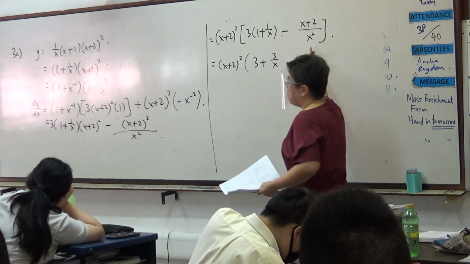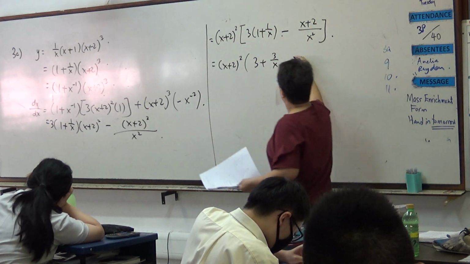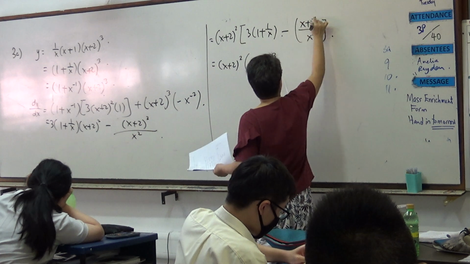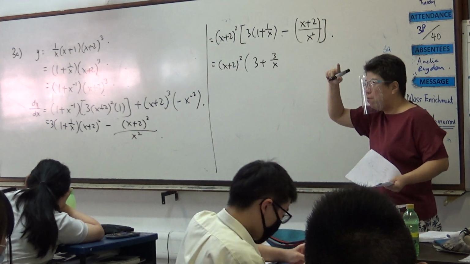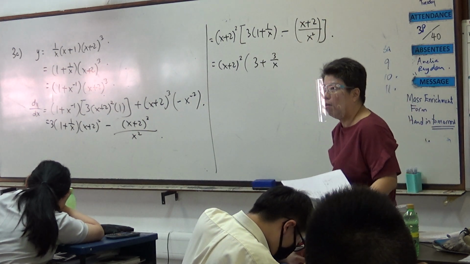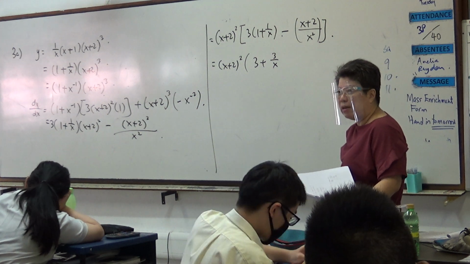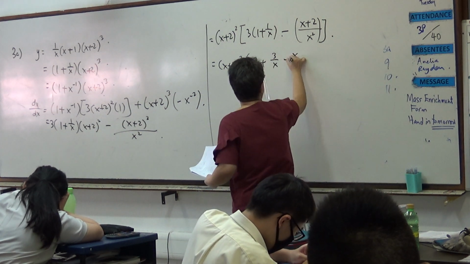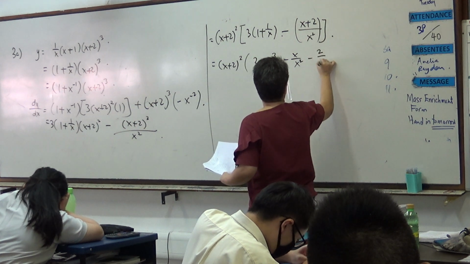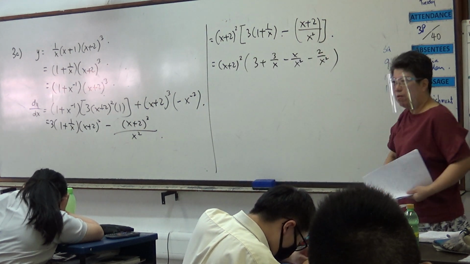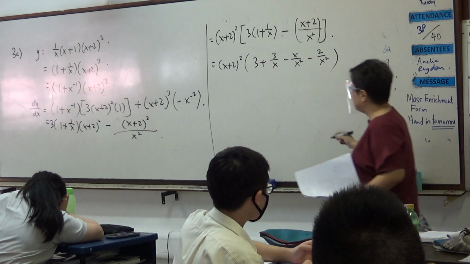Now, this is minus the whole thing. So it's actually minus this whole thing. So actually the inside one will become a plus later. No? Sorry, a minus later. Do you understand? So this one becomes a minus x over x squared minus 2 over x squared. Agree? Okay, so